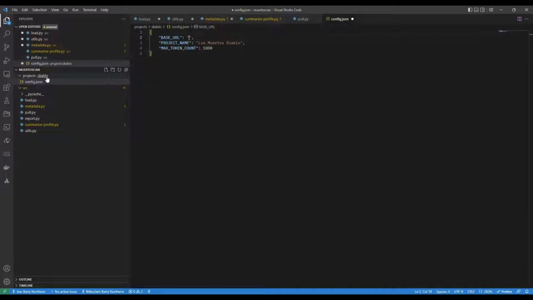So I've got a little config file here. It's a JSON config file. I'll paste the base URL in there along with the project name and the max token count, which we don't really need for what we're doing here, but